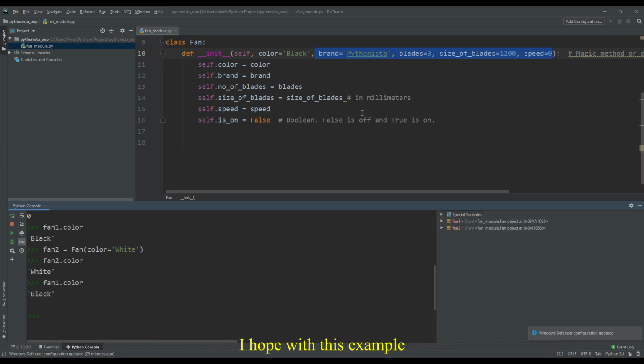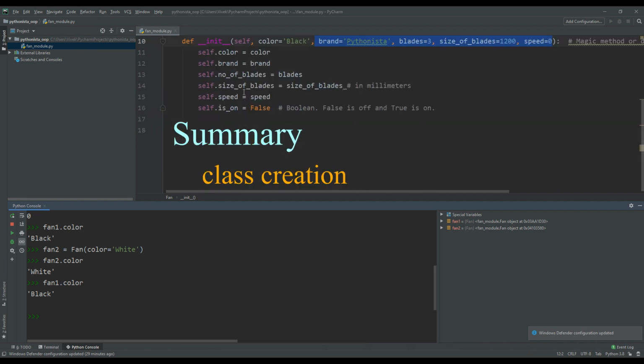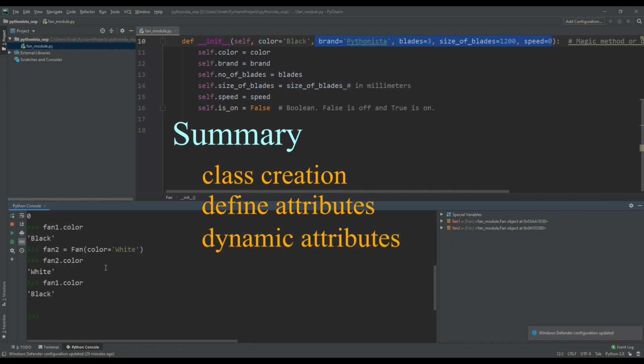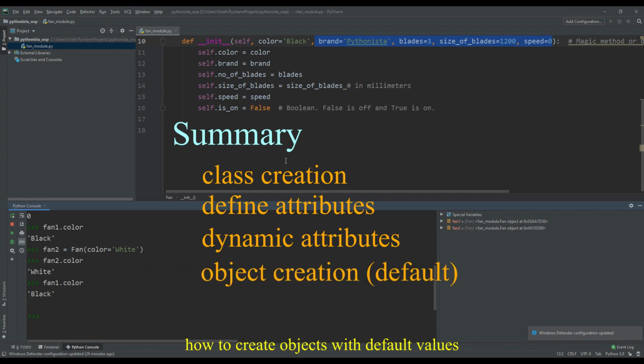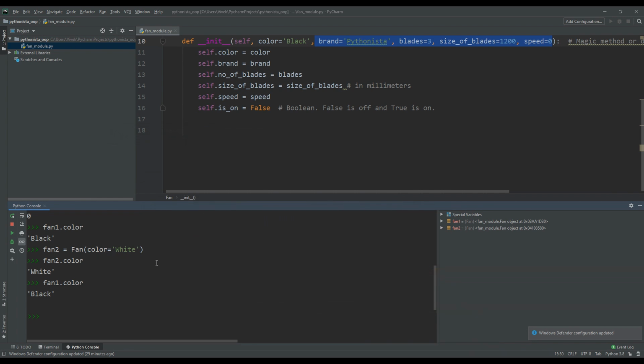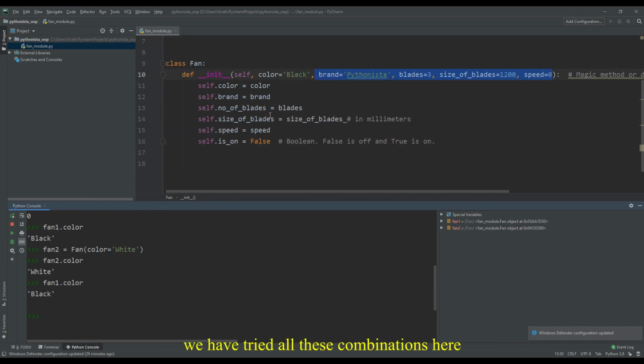So I hope with this example you now know how to create a class, how to define their attributes, what is a dynamic attribute or a runtime attribute, how to create objects with default values, how to create objects with parameterized values, and how to create objects with a variation in the values. So we have tried all these combinations here.